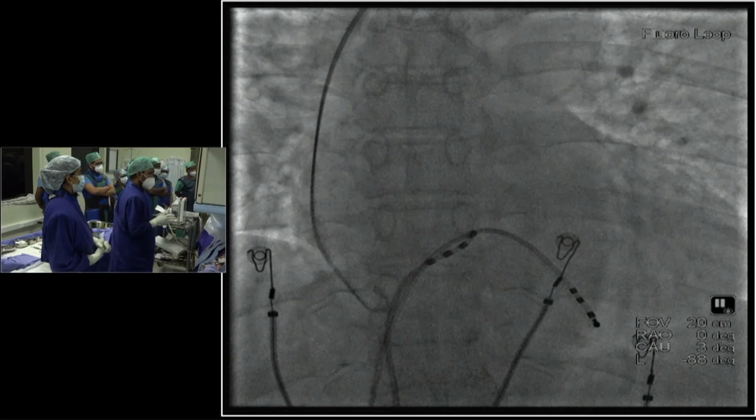Whether you are going to do His bundle pacing or left bundle pacing, it is almost always important to know the distal extent of the His bundle. Because if you are going for a His bundle implantation, the site to target is going to be the distal His bundle. In LBBB, in almost 60 to 70% of patients, you can have narrowing of the QRS or correction of the LBBB by pacing the distal His bundle. If it is not working, maybe the disease is still more distal to the reachable area, so you may have to go down to the left bundle. So delineating the distal extent is very, very important.